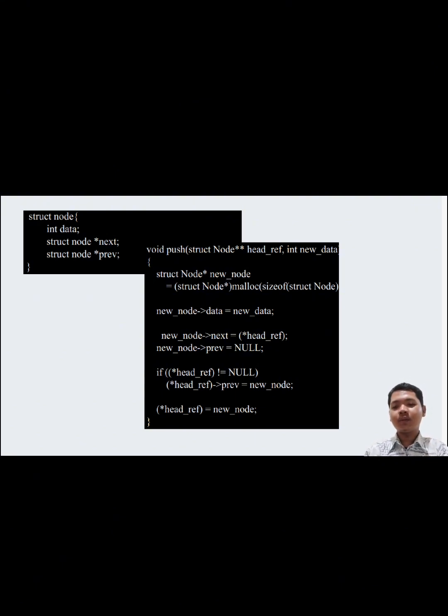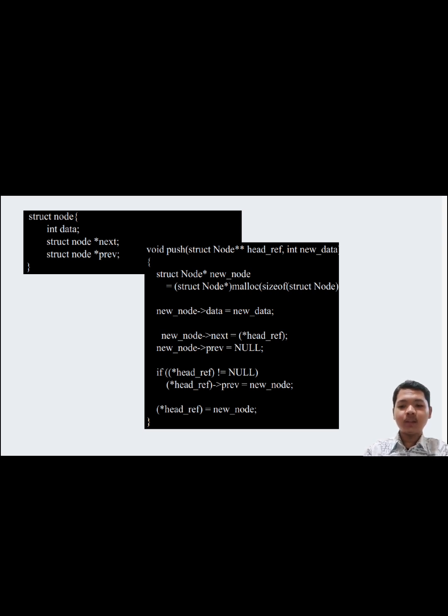Push function explanation. Memory allocation is in the 7th row. This line allocates memory for the new node using the malloc function. Casting to struct node ensures the allocated memory is interpreted as a struct node. Error handling: the code checks if malloc returns null, indicating a memory allocation failure. If so, an error message is printed and the function exits using return.